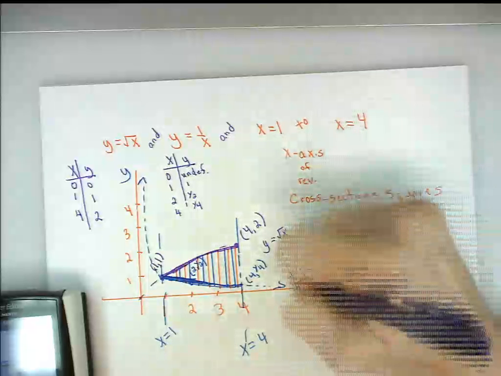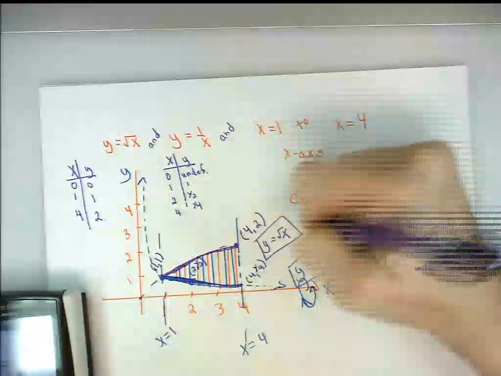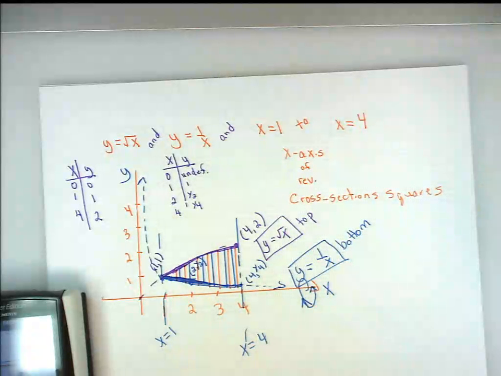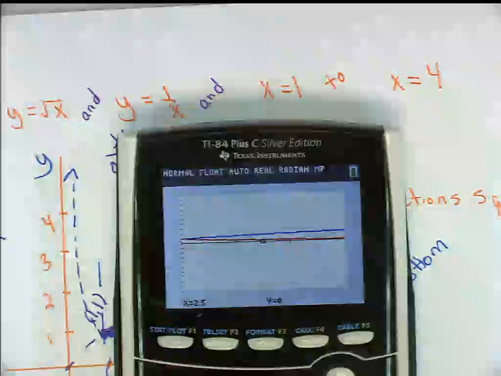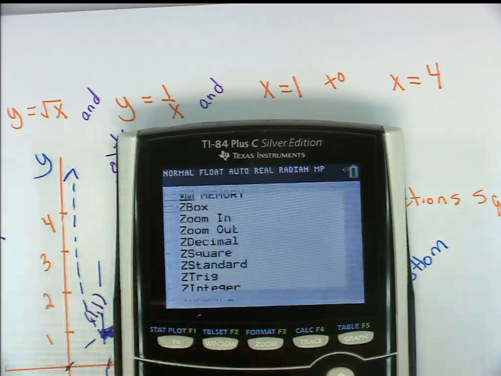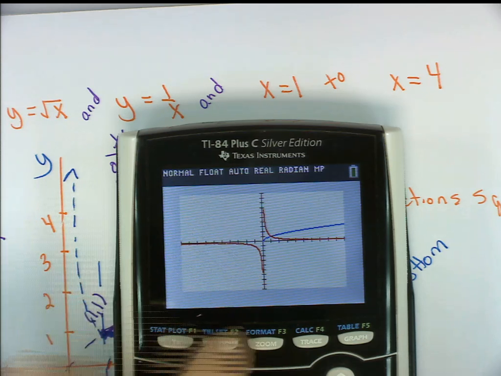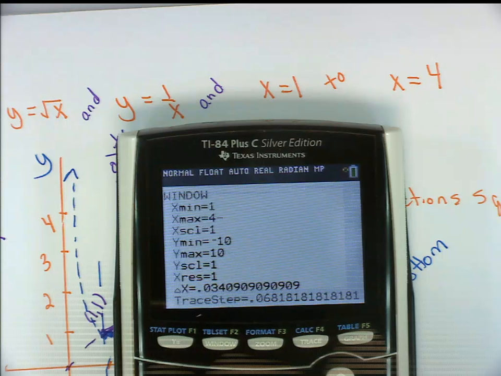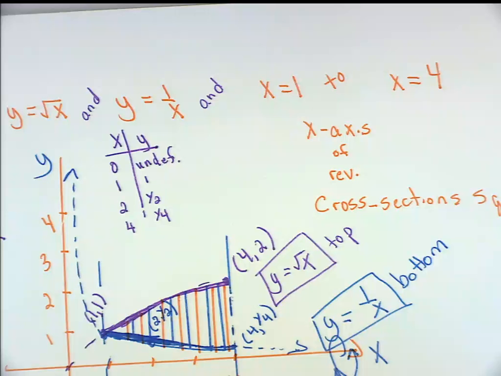The one on the bottom to the x-axis, the axis of revolution, and those cross sections are squares. So you can use your graphing calculator, but